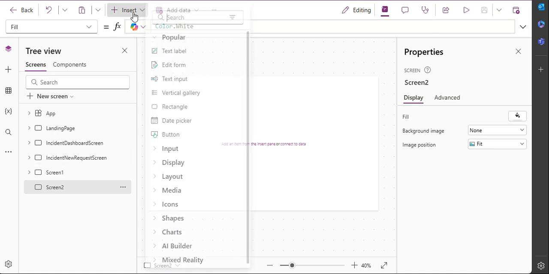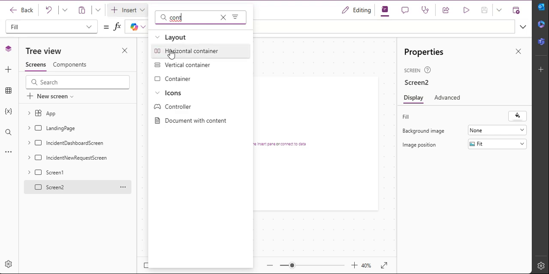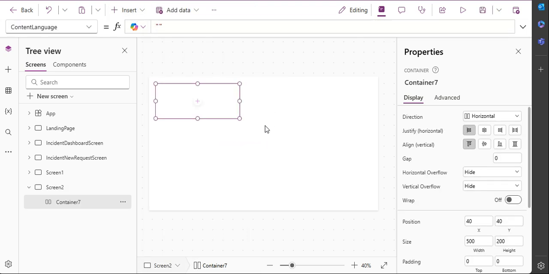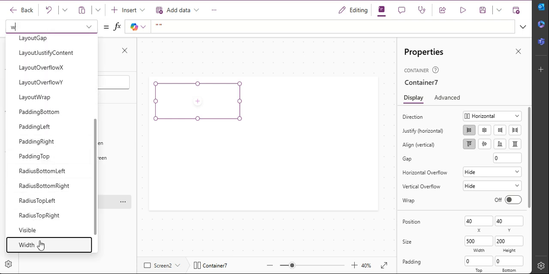Let's insert. You go to insert, then you type container. When you type in container, if you check my property pane, you can see here the direction is horizontal. You can change it to vertical if you want, but we are trying to see the difference here. So we are setting it to horizontal. Once you set the width to parent.width,